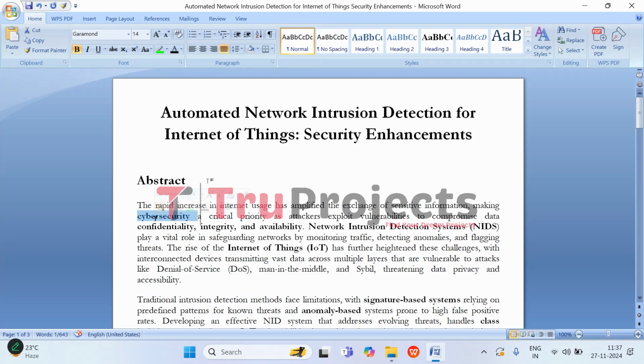Hackers and attackers are constantly finding ways to exploit weaknesses in systems to access your private data, which is why ensuring confidentiality, integrity, and availability of the data is so important. To protect against these threats, we use network intrusion detection systems. Think of them like a security system that monitors network traffic, looking for unusual or suspicious activities that could indicate a cyber attack. They can help in identifying when something is wrong, so the issue can be addressed before it